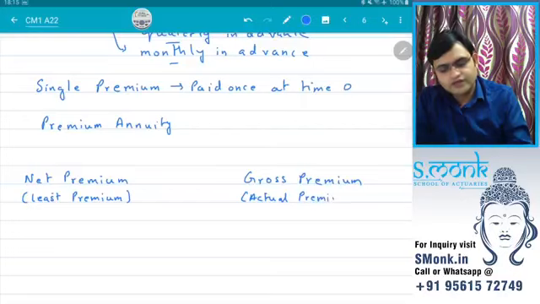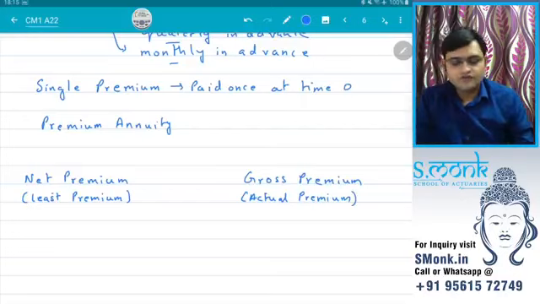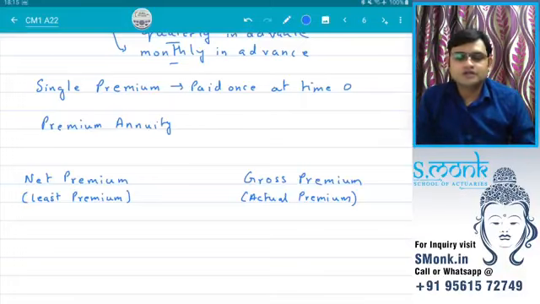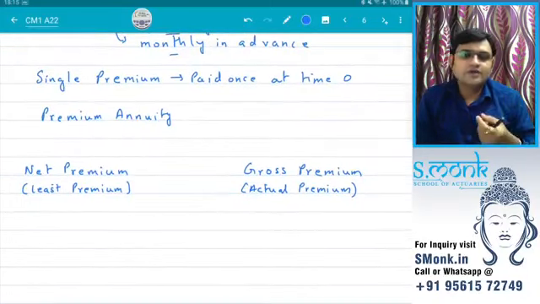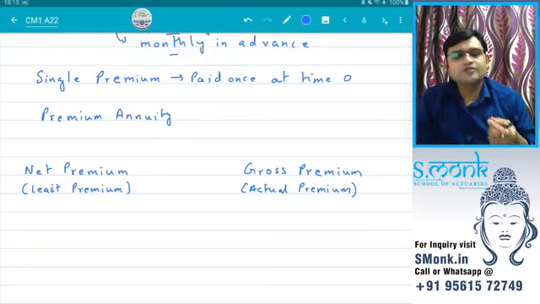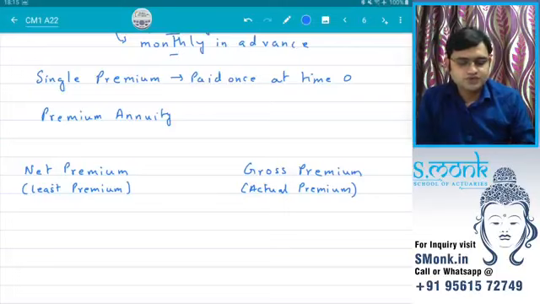Why are we calculating the least premium? One of the reasons is that there are companies that take money in the form of premium as a promise for insurance and then run away. Because what is happening is, you are taking a certain amount of money from people and promising them a huge amount in the future. So people should not defraud